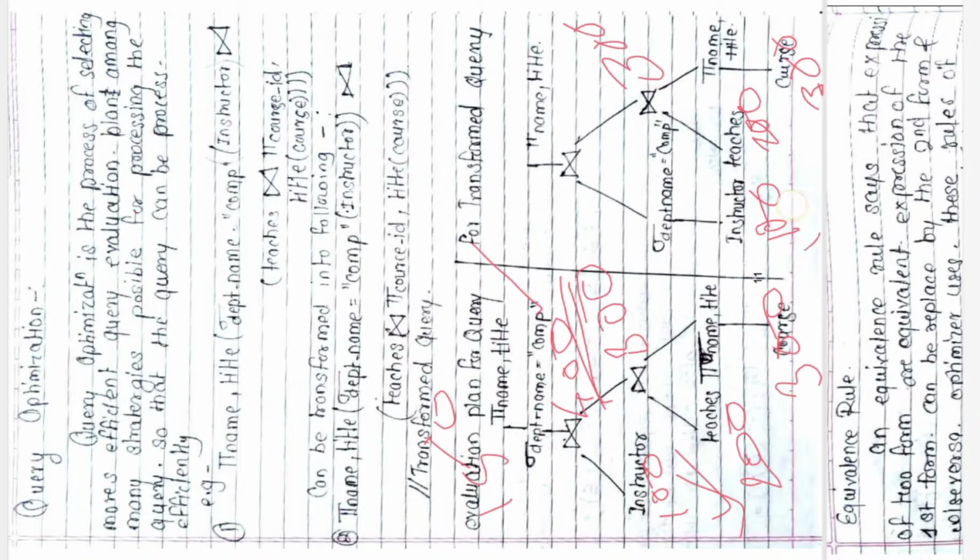Suppose as we have done here, the same I am doing here. But here you can see, in this particular part what I have done is, I am going to select department name equals computer first, and then I am going to join them. So what will I do, out of these 100 tuples, wherever department name is equal to computer, only those tuples I am going to select. So that's why out of those tuples only 50 tuples are there who satisfy department name equals computer. That means how many rows do I have where department name is equal to computer? Only 50 rows, right?